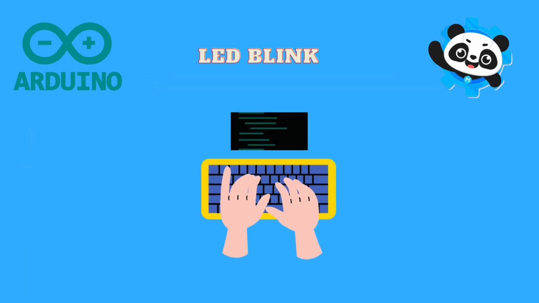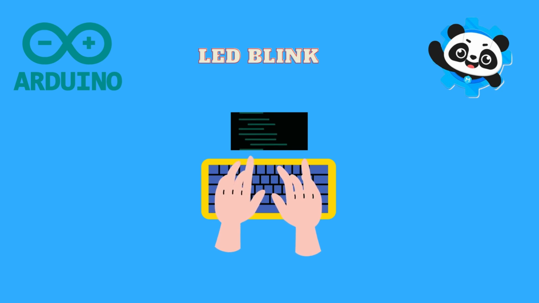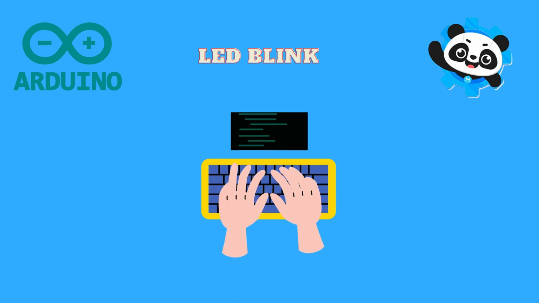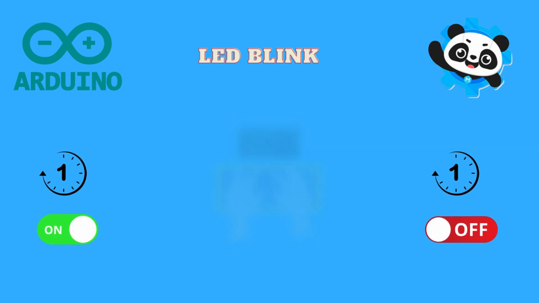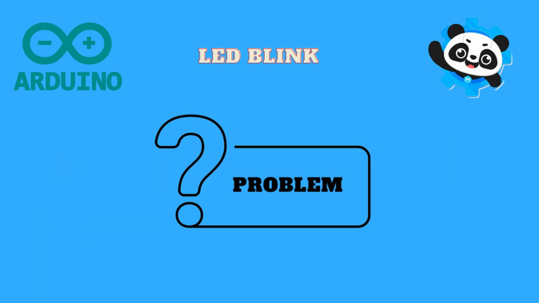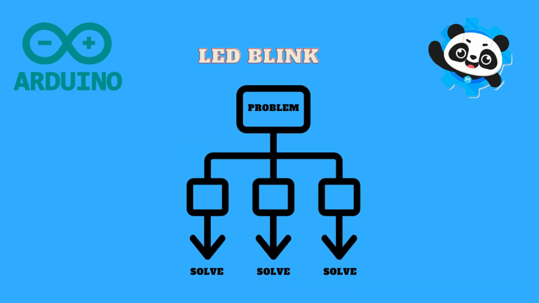After carefully setting up our circuit, it's time to create our program. In this program, we will blink an LED by turning it on for 1 second and turning it off for 1 second. Before writing the program, it's important to break down what we want to do into smaller parts and think about it, otherwise, we will get lost in complex programs. Since we are going to start with a simple program, our job will be relatively easy.